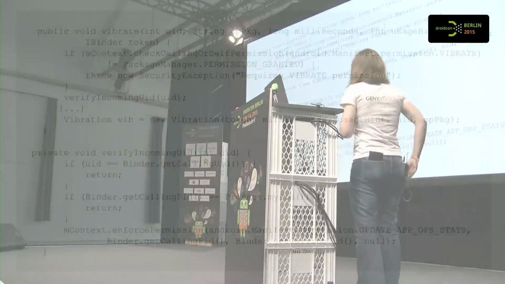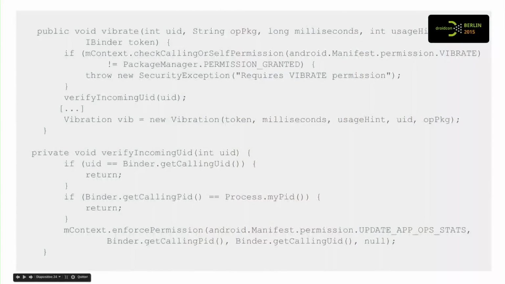Some code. Okay, in the vibrator service, I have my vibrate function asking for a UID and everything. And as you can see, at the top of it